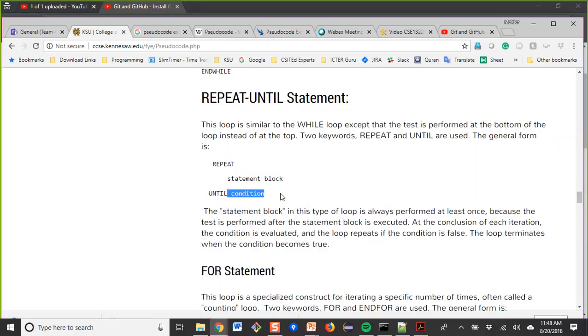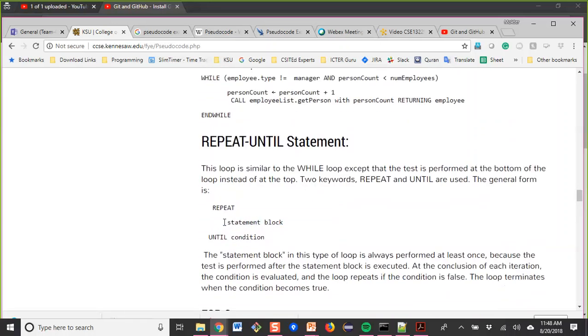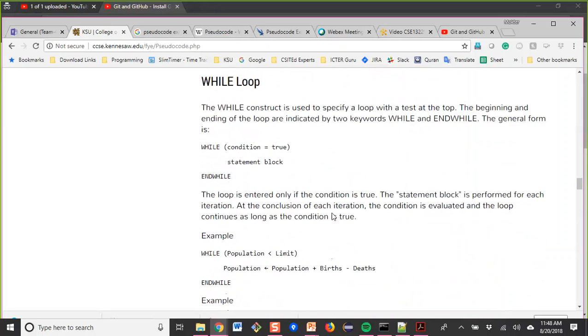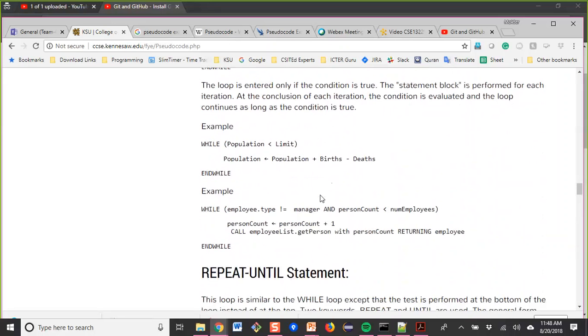If the condition is not true, then it will not repeat the statement block a second time. That means with repeat, your block will be executed at least one time. But with while, if your condition is false, it will not be executed even one time.